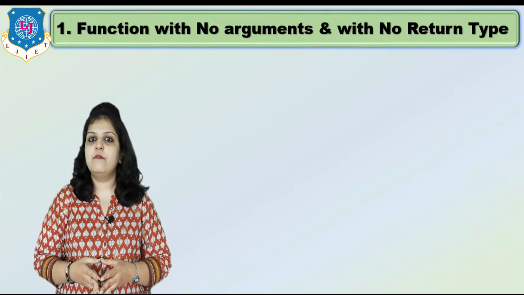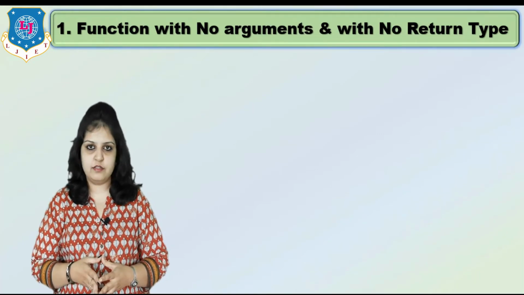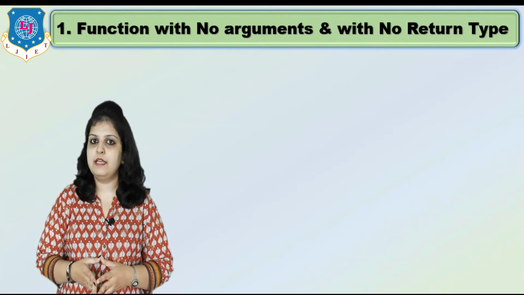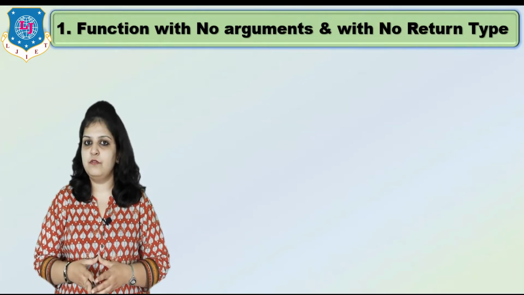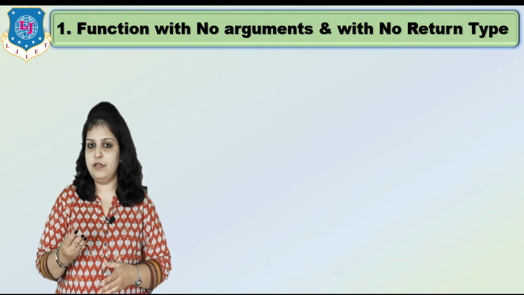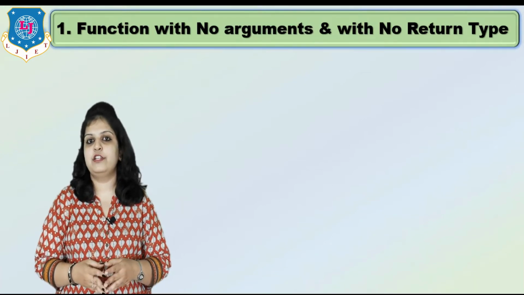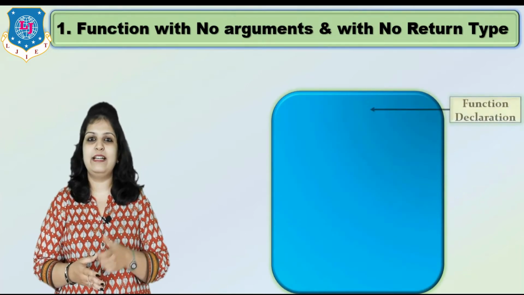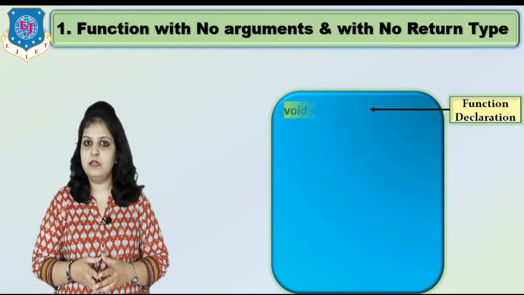So the program of addition of 2 numbers we can build without using function also, and already we have done this program in previous videos, right? But today addition of 2 number we will make using 4 different categories. So first of all, our first part is function declaration, and in this category just see no return type, that means compulsory we have to write void as our return type.